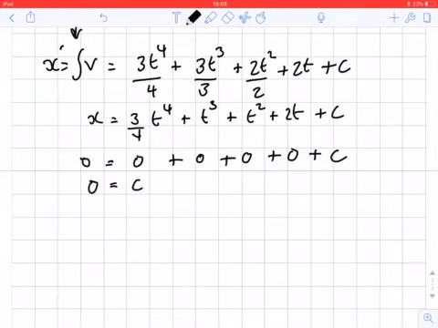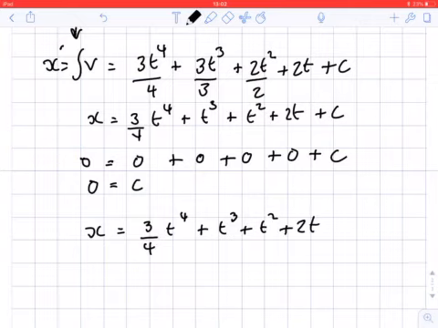That doesn't happen all the time. Your initial conditions might say when x is 0, t was 1. So you just need to be very careful there not to assume that. So now my actual particular solution is 3/4 t to the 4 plus t cubed plus t squared plus 2t. And you can use that to